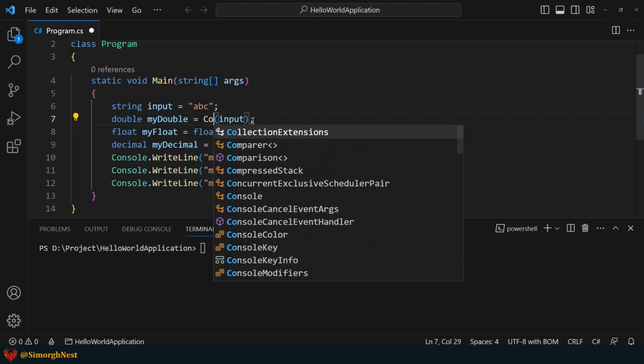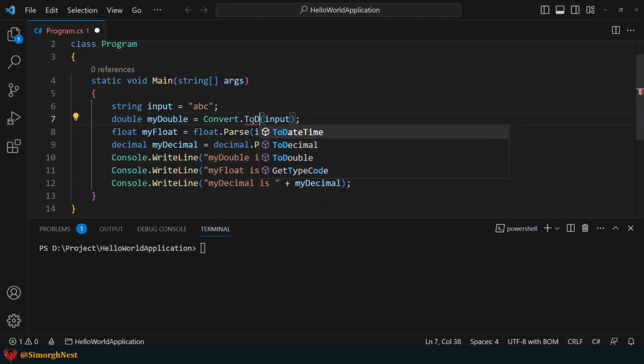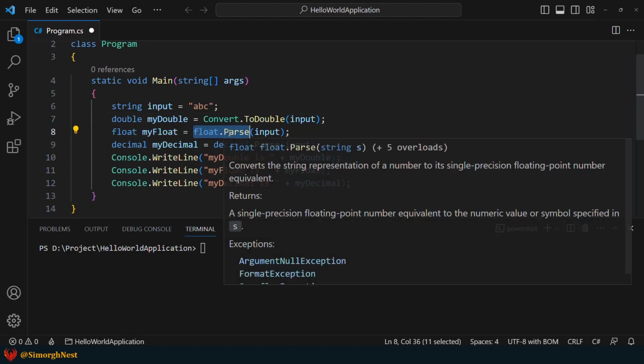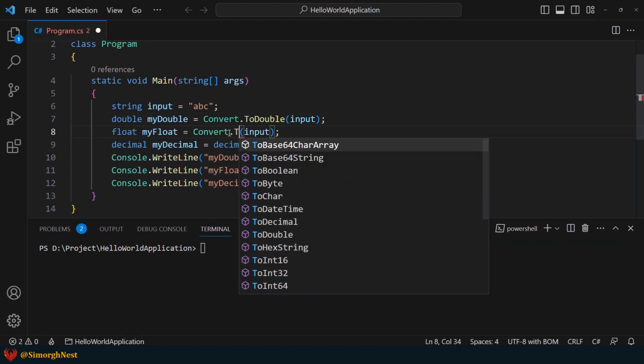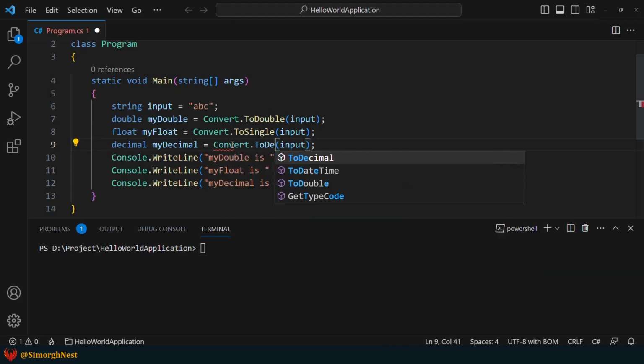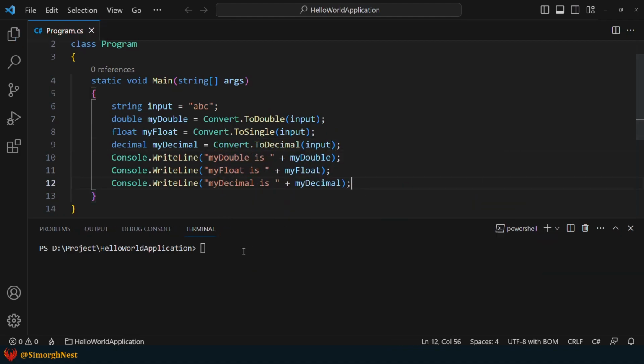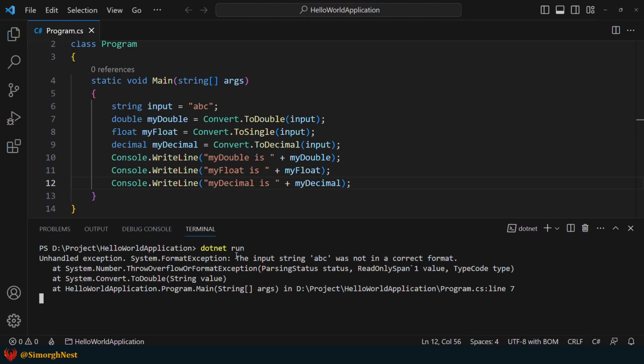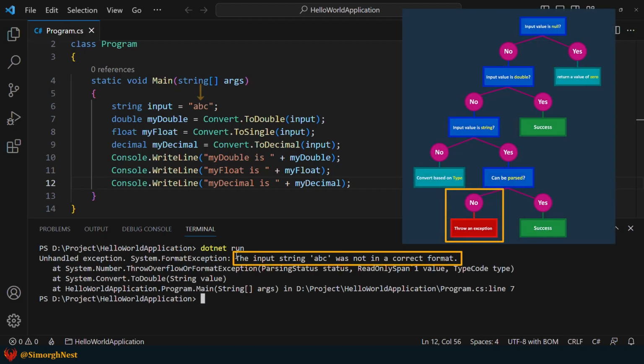First, let's replace the parse methods with the corresponding methods of the convert class. Let's give it a try to see how they behave. As expected, this input is invalid and cannot be converted to floating point number.